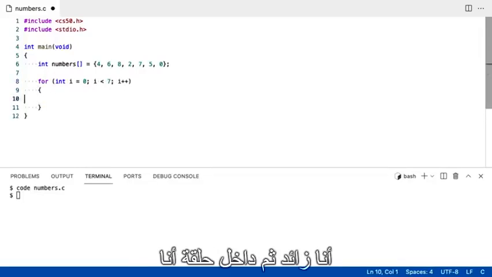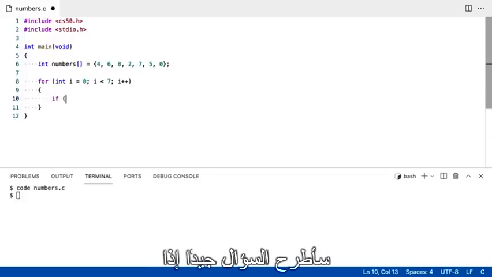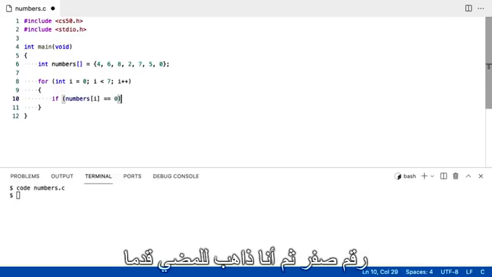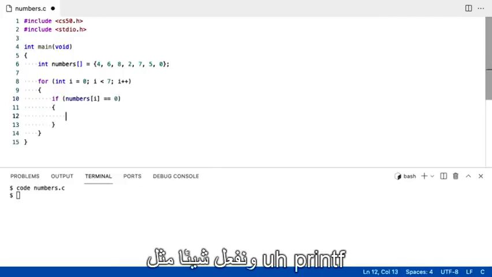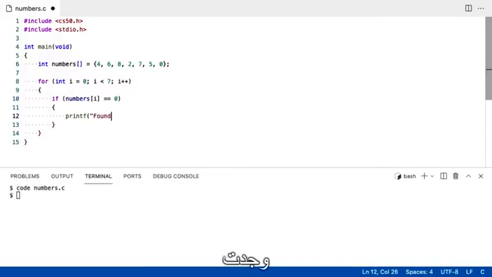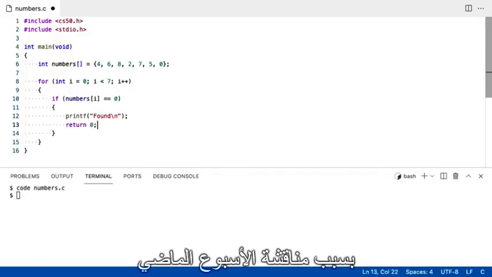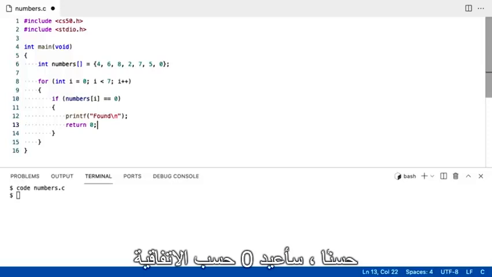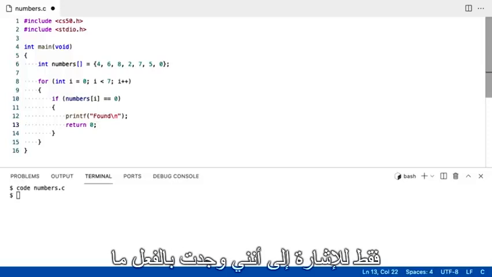Then inside of my loop, I'm going to ask the question, well, if the numbers at location i equals, as we asked of Namina, the number 0, then I'm going to go ahead and do something like printf found \n. And then I'm going to return 0 just because of last week's discussion of returning a value from main when all is well. I'm going to return 0 by convention just to signal that indeed I found what I'm looking